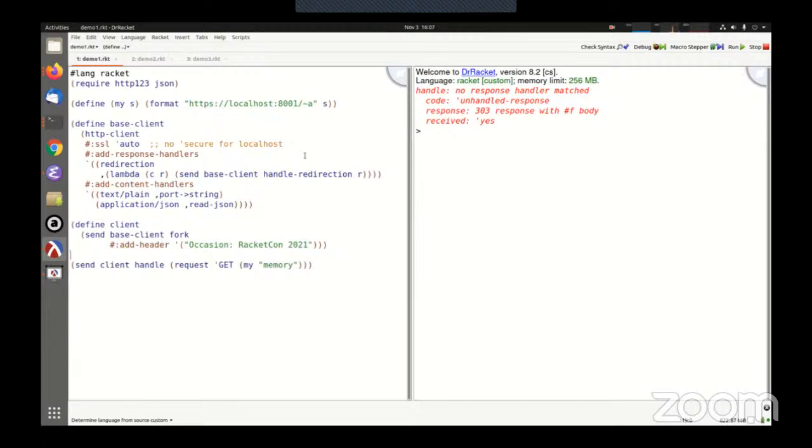Okay, so let's try that. We still have an error, but it's a new error. So the redirection worked. And now we have an error that says I got a 200 response with an image ping body, and I don't have a content handler set up for that type of content. So let's add Racket draw,